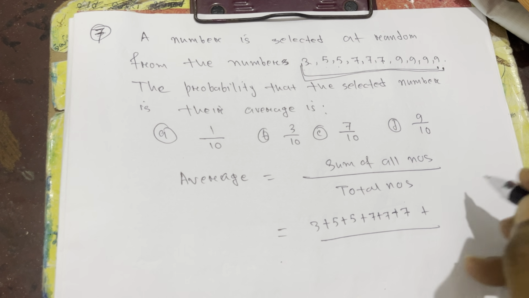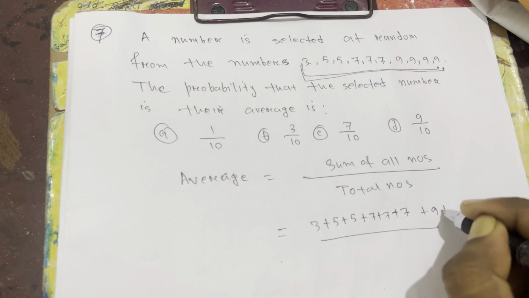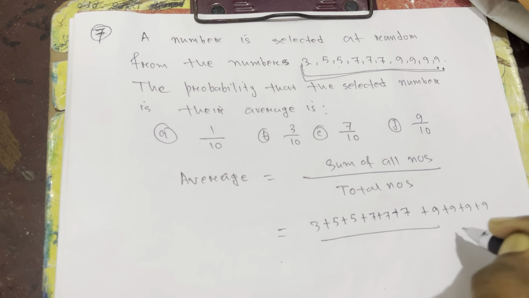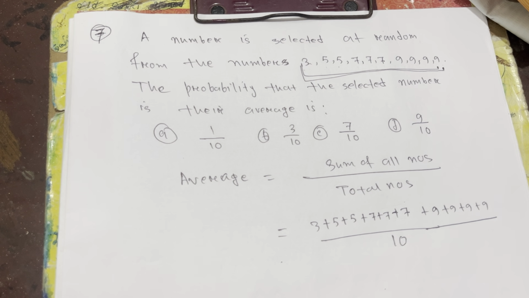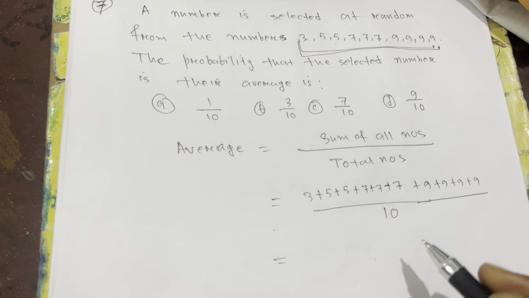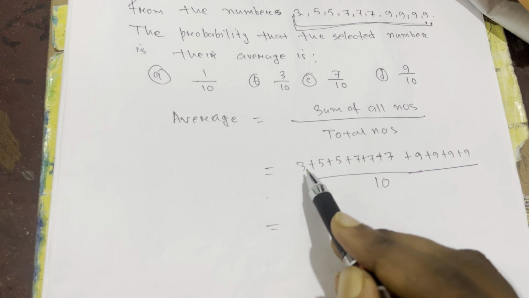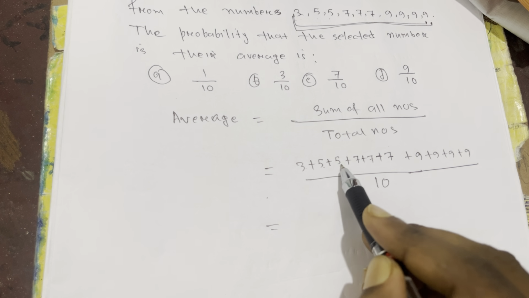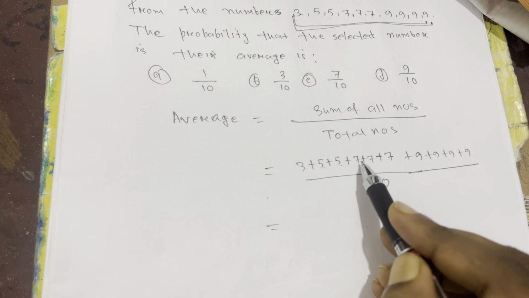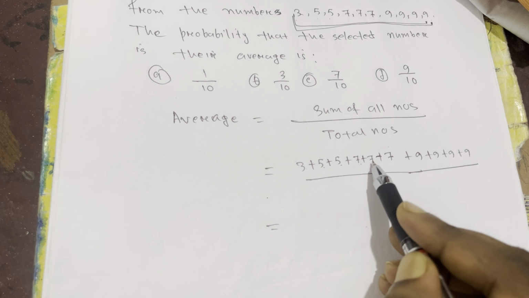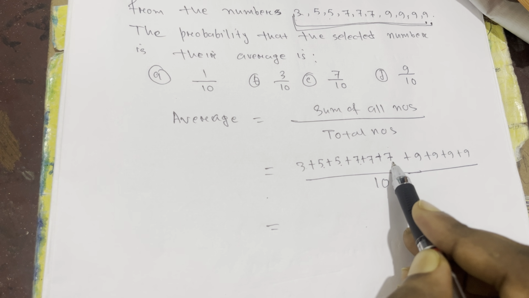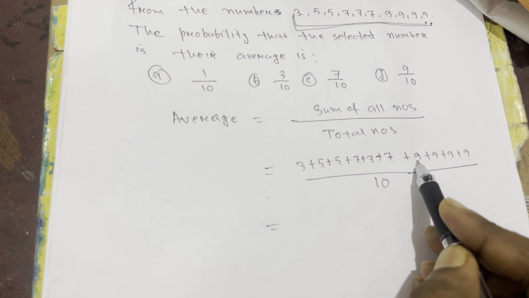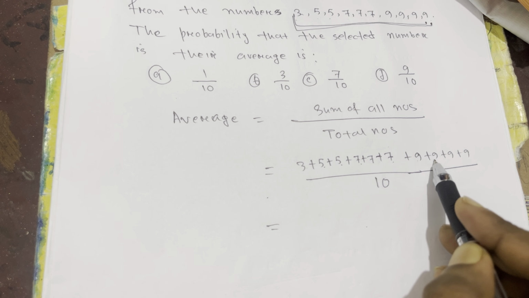Divide by the total number, which is 10. So add them, what answer will come? If you add all the numbers: 3 plus 5 is 8, 8 plus 5 is 13, 13 plus 7 is 20, 20 plus 7 is 27, 27 plus 7 is 34, 34 plus 9 is 43, 43 plus 9 is